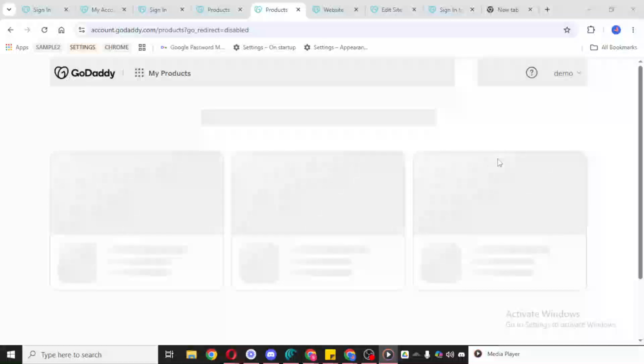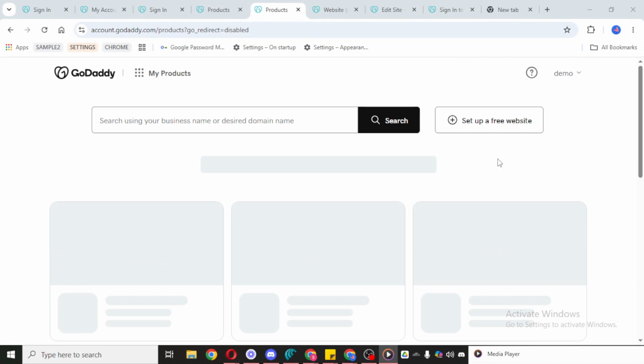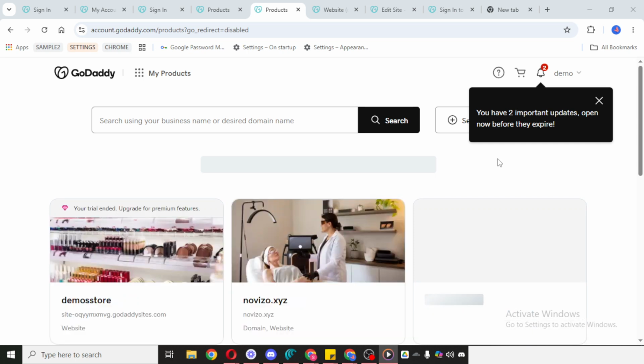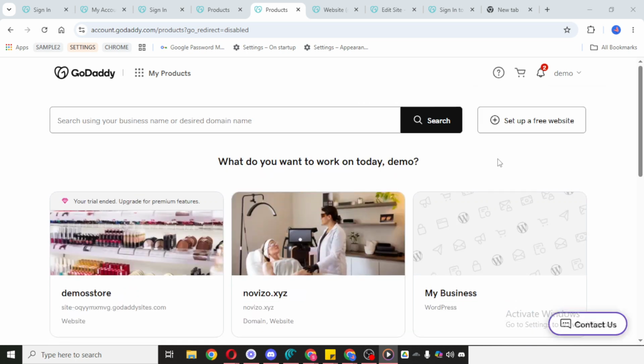In today's video, I'm going to teach you how to download an invoice from GoDaddy. If you need a copy of your invoice for your records, accounting, or reimbursement, GoDaddy makes it fairly simple to find it from inside your account. I'll walk you through where to go and what to look for so you can follow along easily.